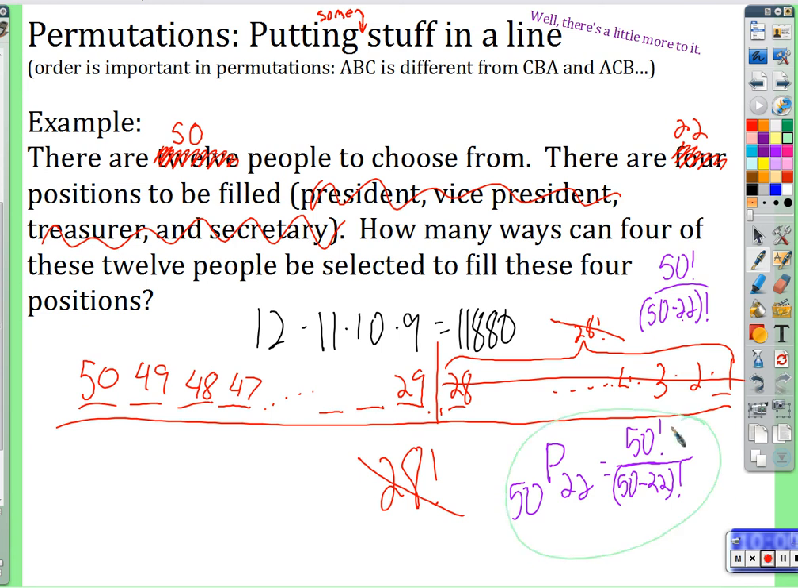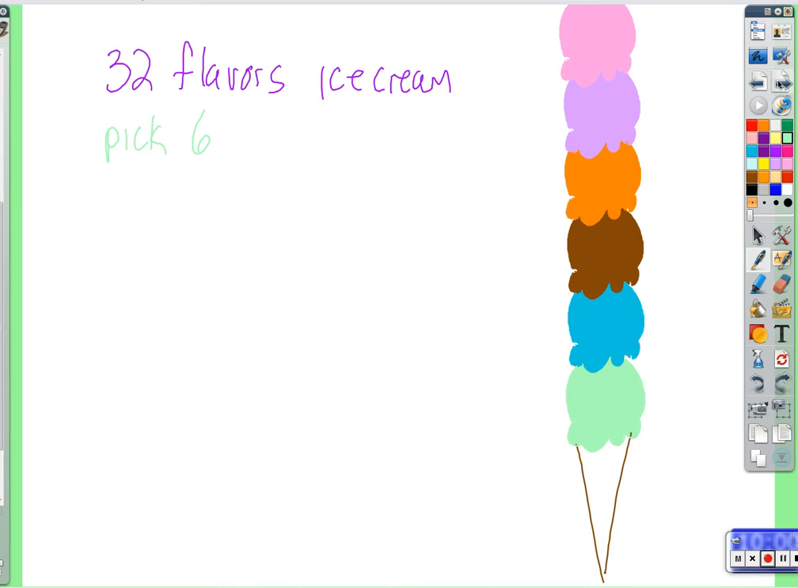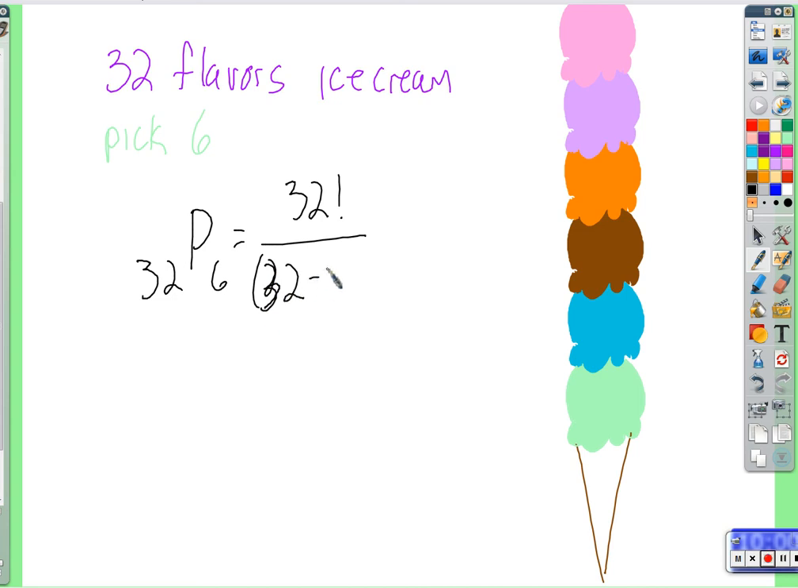This was 50P22. What would this be? 32P6. And we don't really want to multiply these numbers by hand, so we would use the formula. The formula would look like what? 32 factorial over 32 minus 6 factorial. 32 minus 6 factorial, which would be 32 factorial over